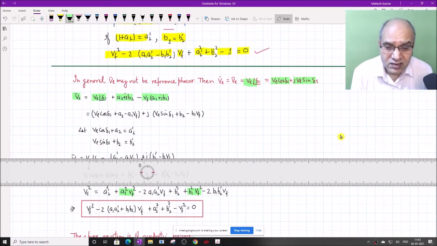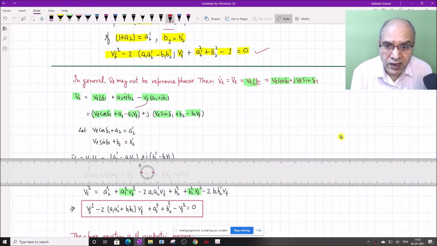Again we collect the real and imaginary coefficients. So this becomes BL cos delta 1 plus J BL sin delta 1. So J will come with this term, J BL sin delta 1 plus B2 minus B1 BF, and this becomes A2 here, the real part, and minus A1 BF is the real part from this side.